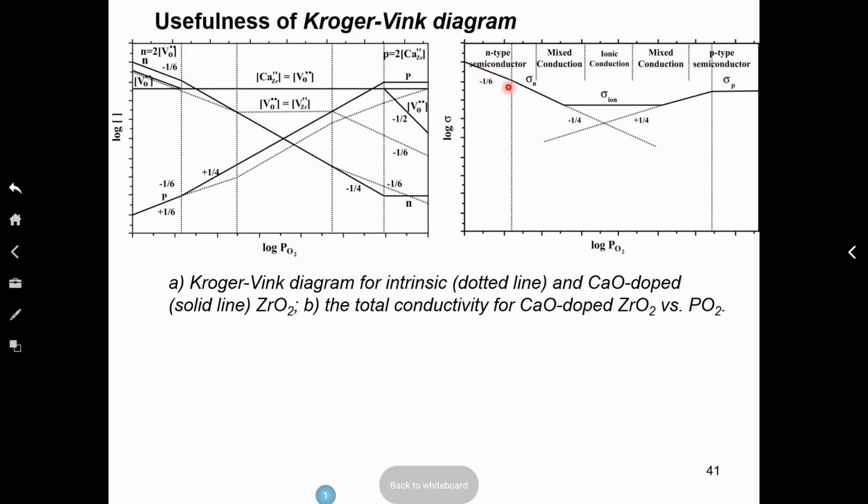It says n-type with an exponent of -1/6. Then it will move to the mixed n-type and ionic, completely ionic. Right there, to the mixed ionic and p-type, eventually p-type. Very interesting. So we predict the electrical conductivity based on the dominating defect. Based on the electrical conductivity, you can predict the so-called